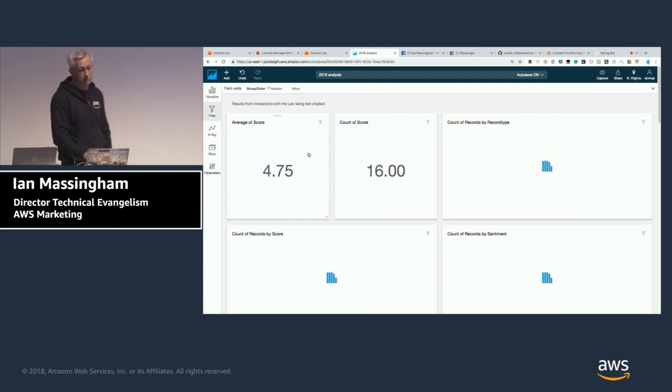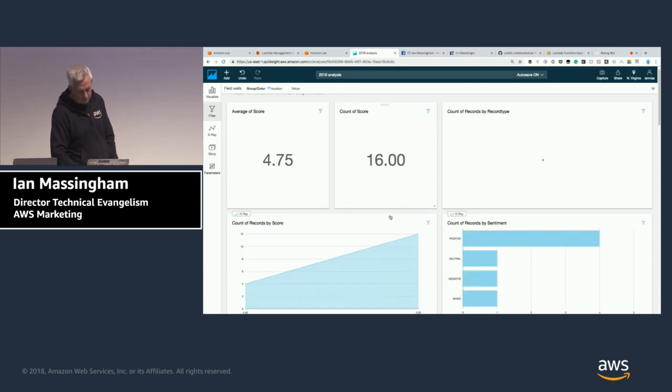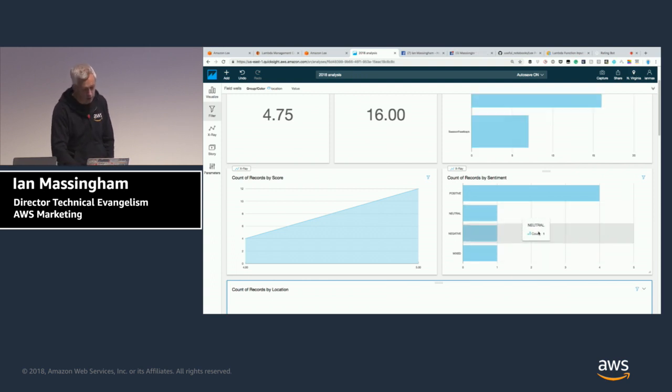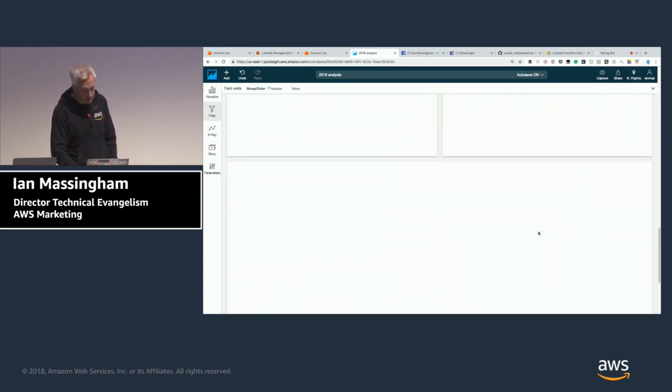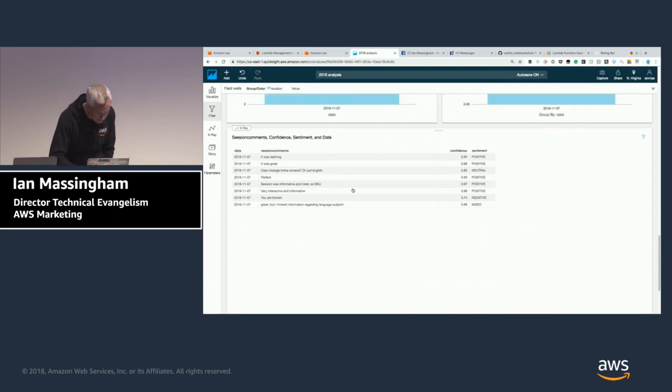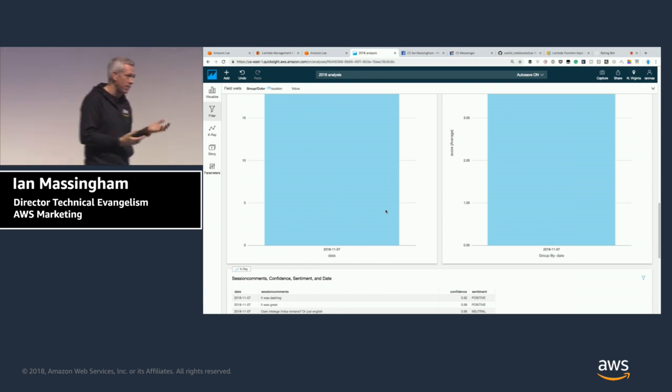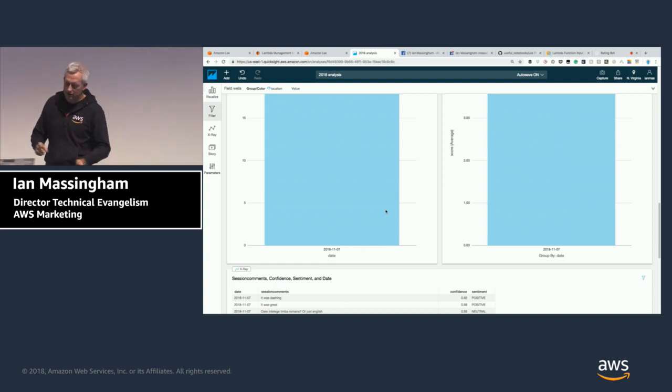OK, so we had 16 responses with an average of 4.75. We had 4 positive feedback scores, 1 neutral, 1 negative, and 1 mixed. You can actually see the session comments here as they're extracted out. And our negative was, "You are broken." So thank you. So you can see there that the pipeline works, and we're able to collect data in real time by using that very simple system. OK, so that's quite a good interactive demo, I think.